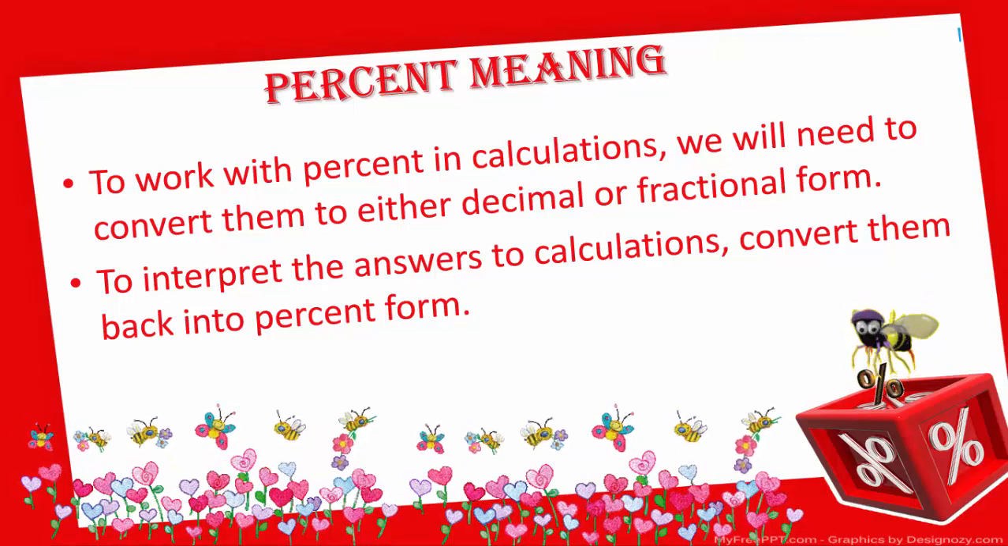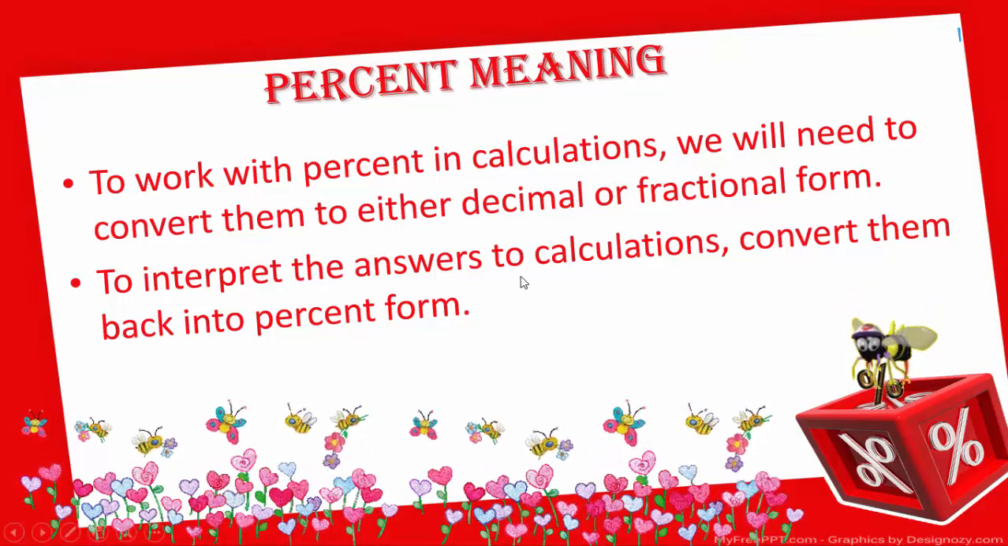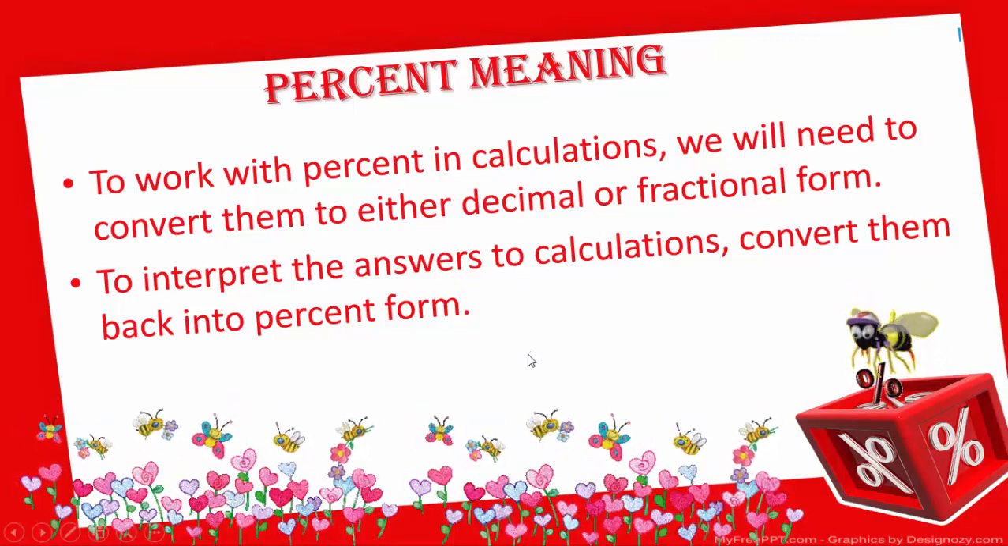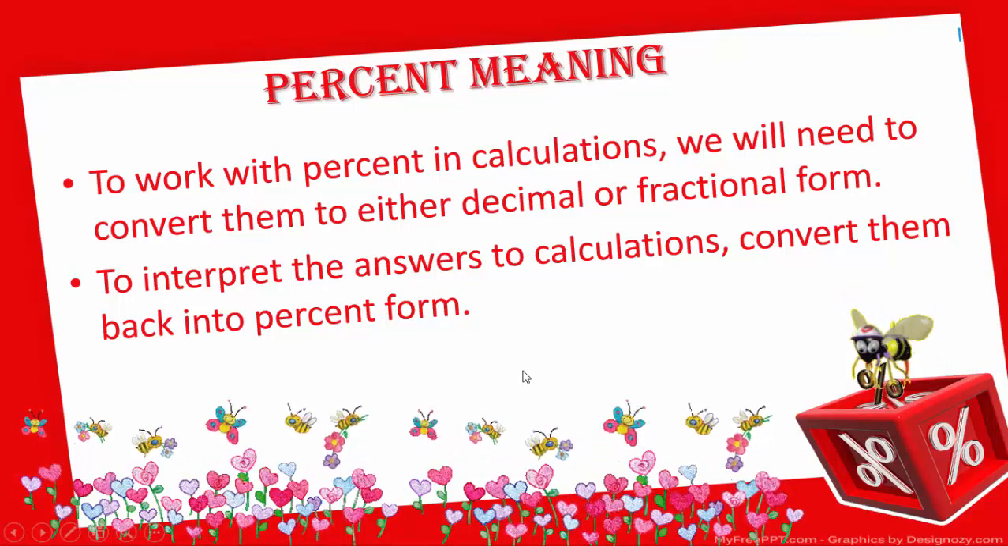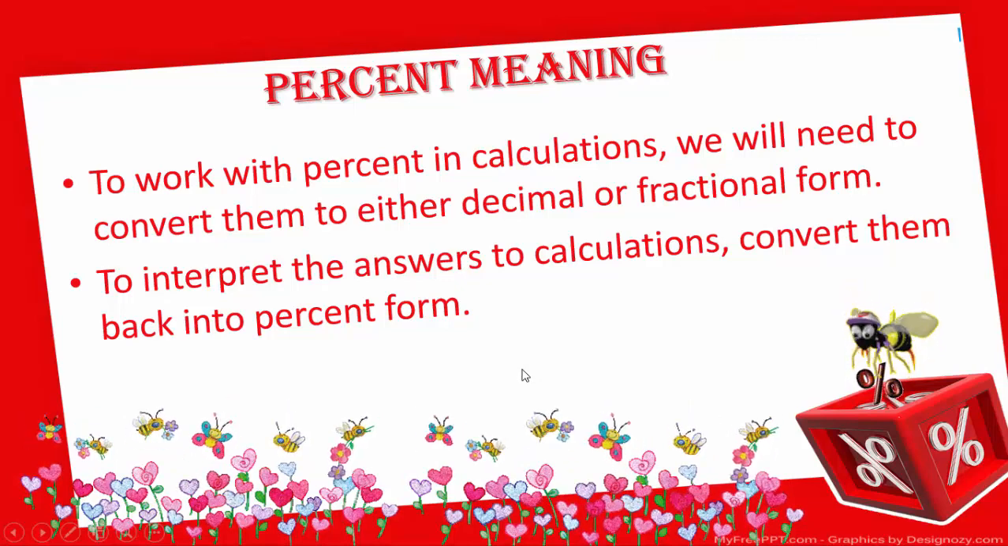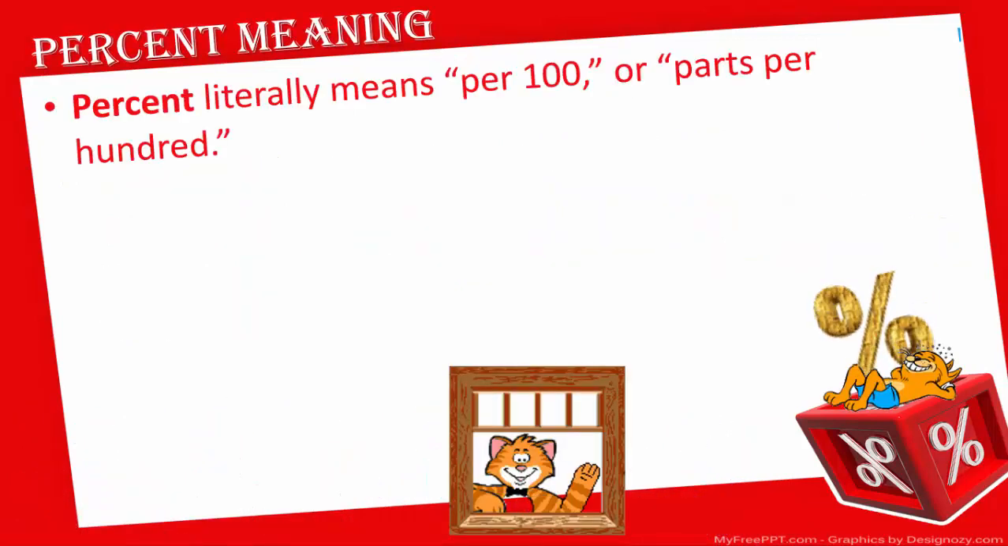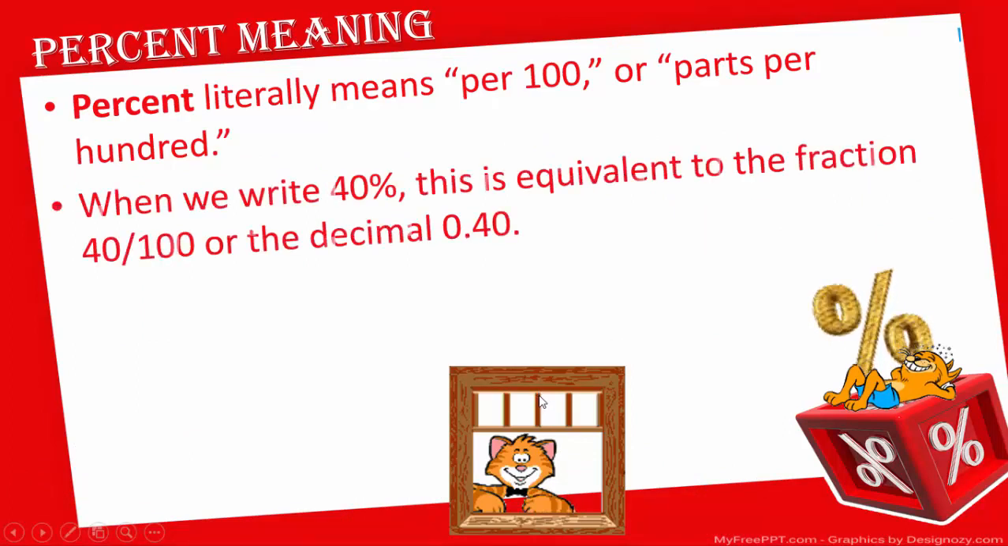So we have to know first how to convert a percent into either a decimal or a fraction, depending on the needs of our problem. So percent literally means per 100 or parts per 100. So when we talk about 40%, this is equivalent to the fraction 40 over 100. And if we take 40 and divide it over 100, we will get the decimal